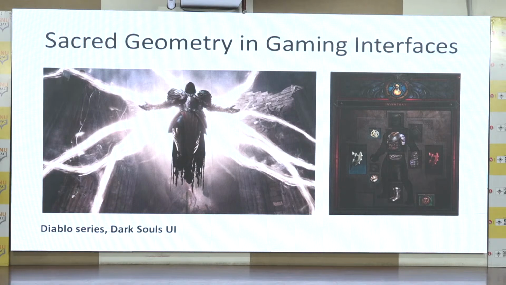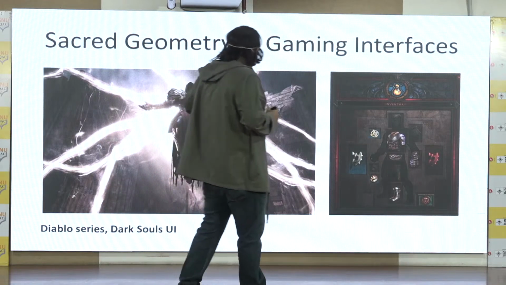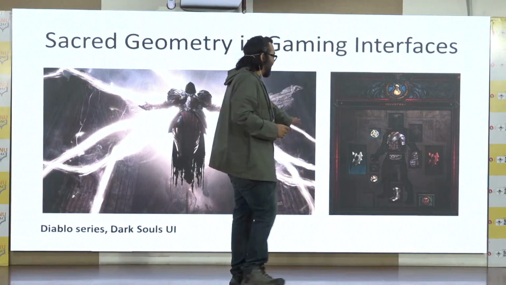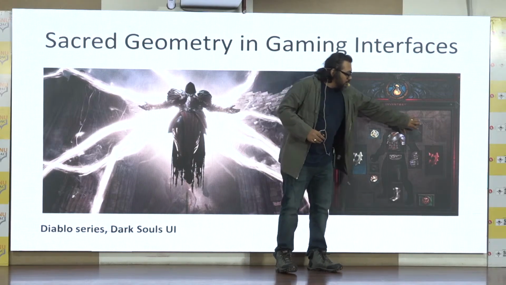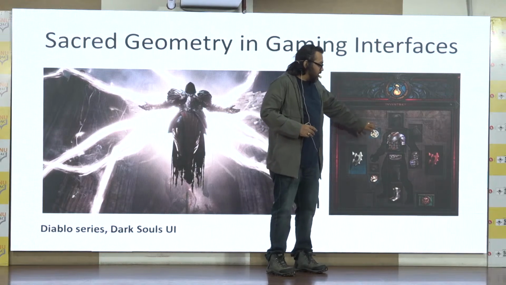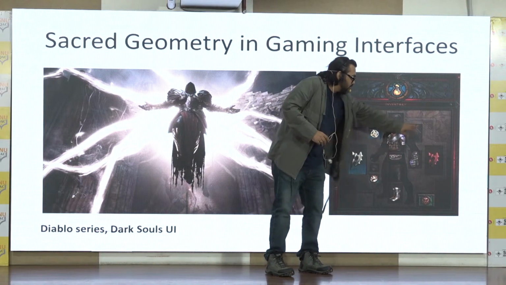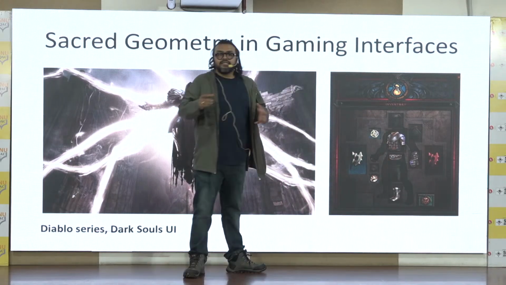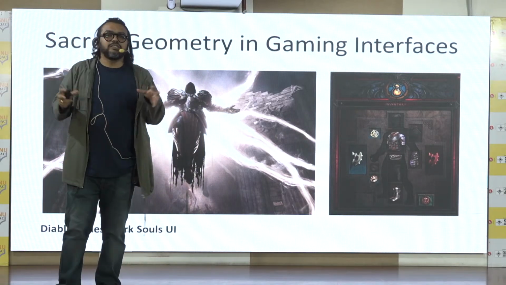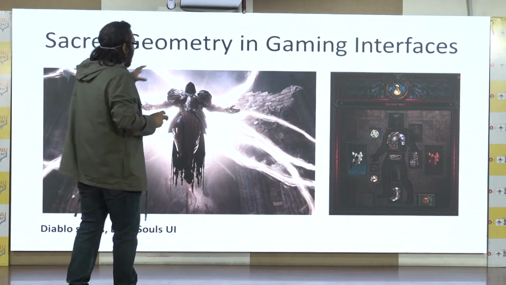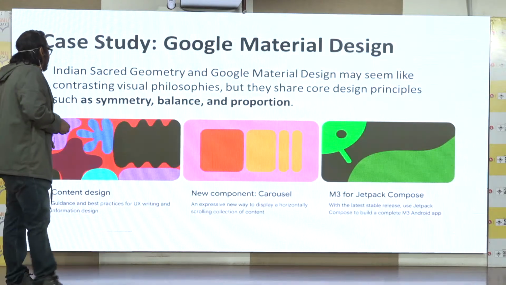Now, similarly, Diablo, anybody? Diablo is something, if we see, again, the way a Sri Yantra has been placed. So all the boxes are the key elements of the character. So this is the central armor. These are all the powers and weapons of that character. So that is exactly what has been told in Sri Yantra, that these are the visual components which represent one power after the other. And they have taken a direct reference or influence from that.